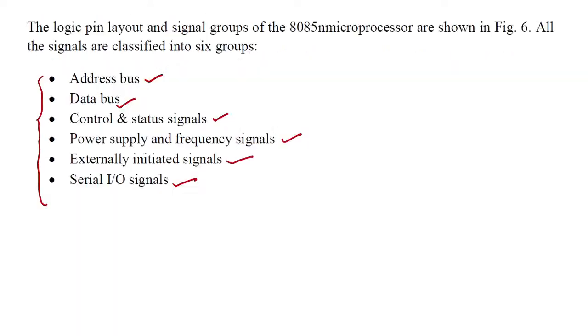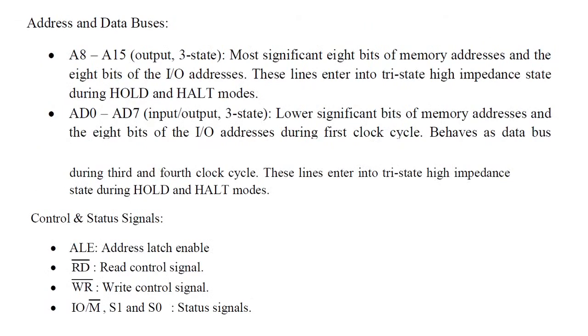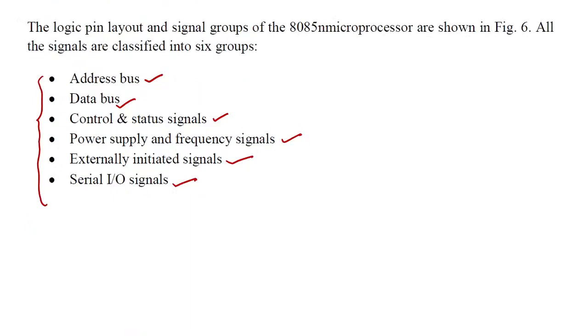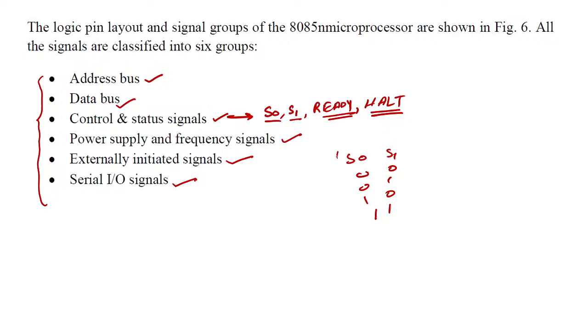Mona, the ready signal will tell that the CPU is ready to execute a new instruction. These are the status signals. I told you that we have 4 status signals, like S0, S1, ready, HLDA. All these are called status and control signals. The ready signal tells that the CPU is ready to receive a next instruction. Halt means that the CPU has completed the execution. S0, S1 can have 4 values: 00, 01, 10, 11, and every value has a unique result. For example, this means halt, this means write, this means read, and this means fetch.